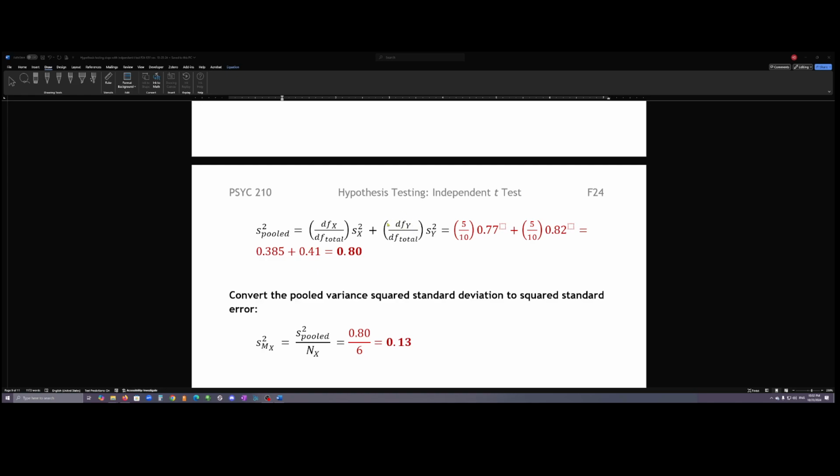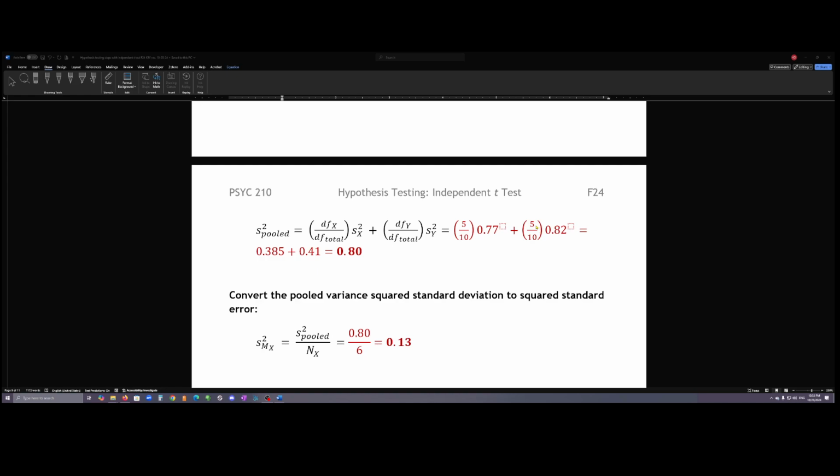Second group, we will put the degrees of freedom for that group divided by degrees of freedom total and multiply it by its variance. So essentially we'll have 5 divided by 10, multiply that by the 0.77, which is what the variance was that we calculated for the first group,